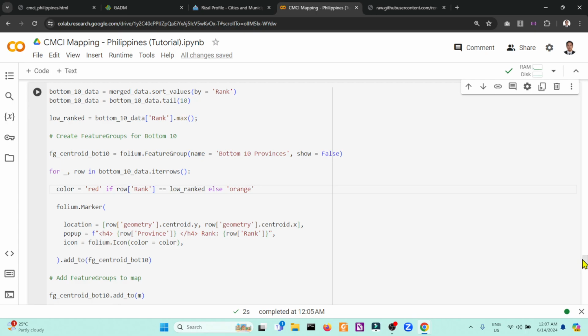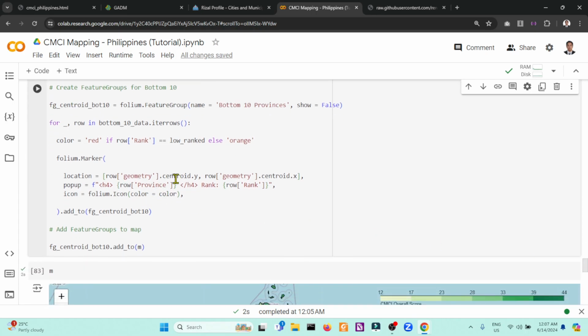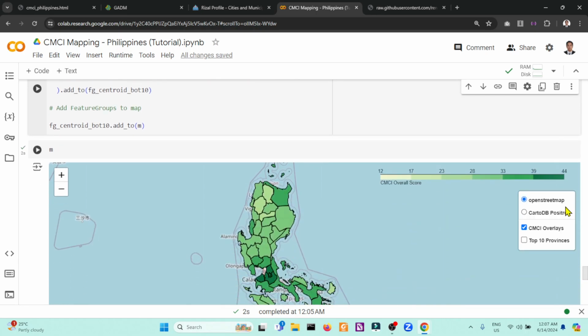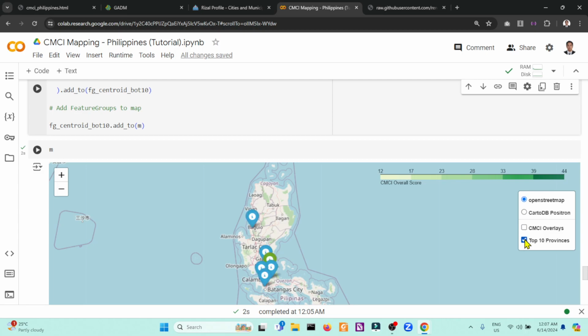Then also we compute the centroid. So similar to the code above, the list will be red and the less rank will be orange. And we will show a bottom 10 provinces. So as an addition, if we have top 10, then we will have bottom 10 provinces.